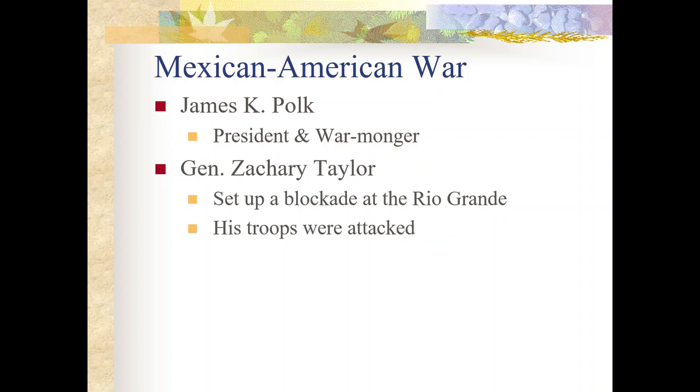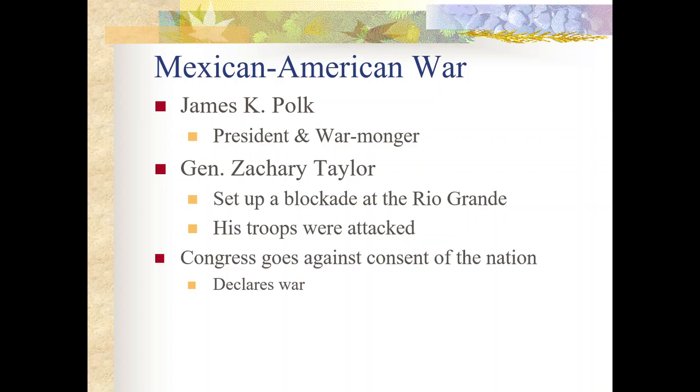This is a disputed border between Mexico and Texas. Texas claimed that their borders ended at the Rio Grande, and Mexico said that Texas borders ended 100 miles north of that at the Nueces River. So General Zachary Taylor is sent by President Polk to the Rio Grande. Now, to Texan citizens, this is Texan territory, but Mexico sees it as theirs. So again, based on perspective, this could be the United States defending their territory, or this could be the United States sending their troops into another nation's territory, a sovereign territory, which of course is going to provoke conflict.